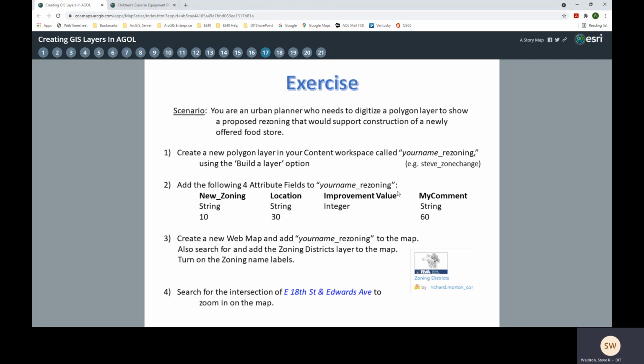We do have an exercise for you, and here's the scenario under which you can do the exercise. We're going to pretend you're an urban planner and you need to digitize a polygon layer to show a proposed rezoning that would support construction of a newly offered food store. So somebody wants to build a food store, but the zoning doesn't allow it. So you're identifying a new zoning